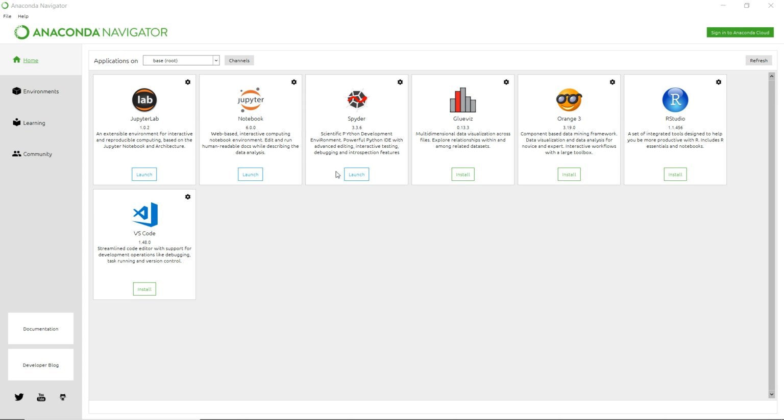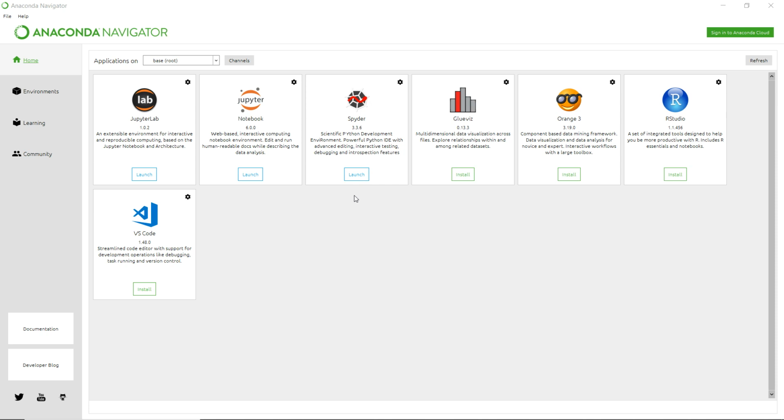When you open the navigator, we recommend to use Spyder as an IDE to work on for Python. We will take Spyder in the next video. What you have to do is choose this Spyder, and instead of launch, it would be written install. You have to click on install and then follow next, and Spyder would be installed in your system.